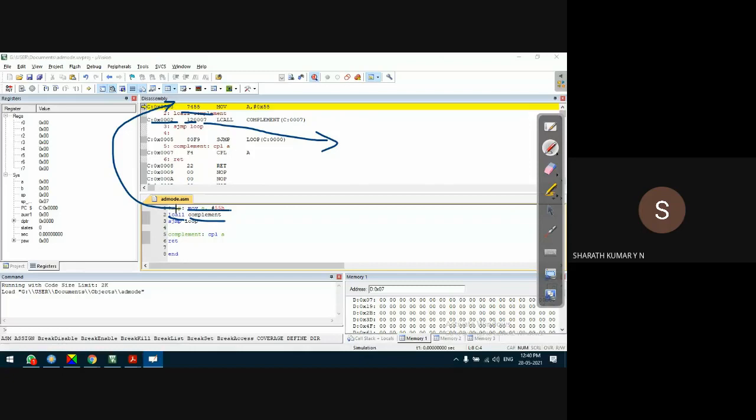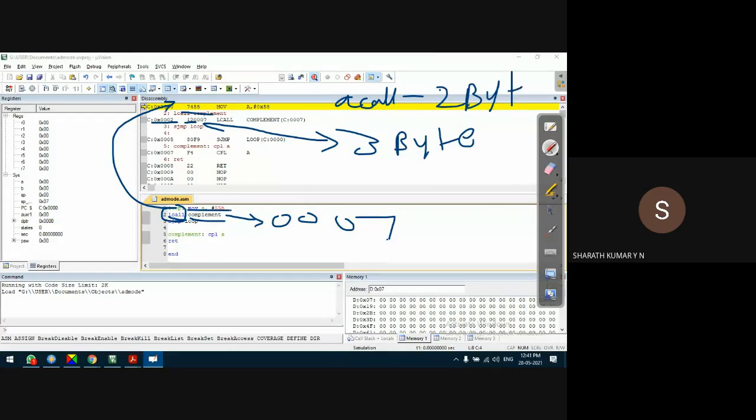Complement, because now we have used the LCALL instruction, has been replaced with a 16-bit address, and the address is 0007. That's all it is. So LCALL will give 3 bytes. That's why we understood in the earlier discussion that LCALL gives a 3-byte operational code, whereas ACALL will give only a 2-byte operational code.